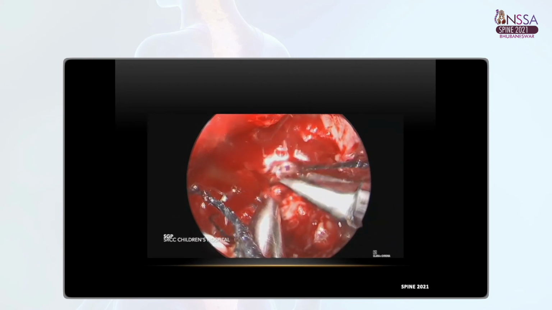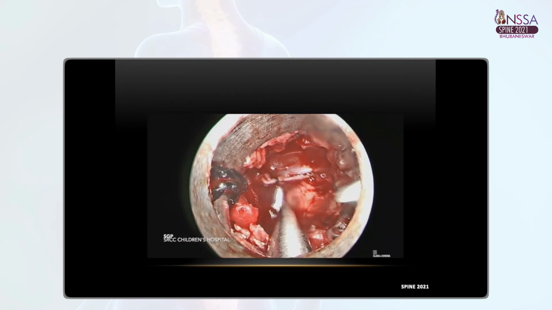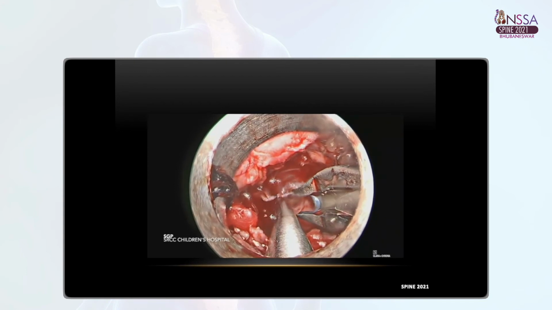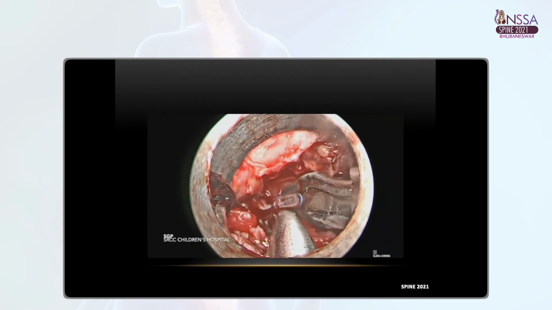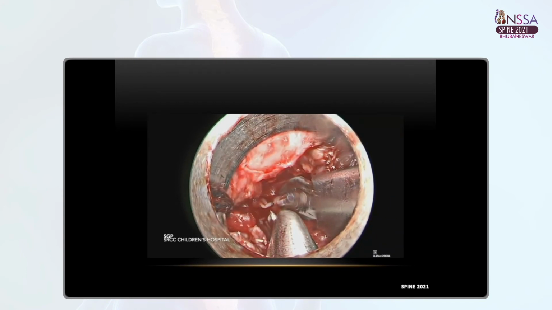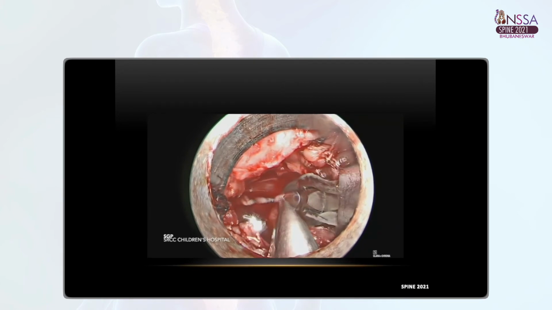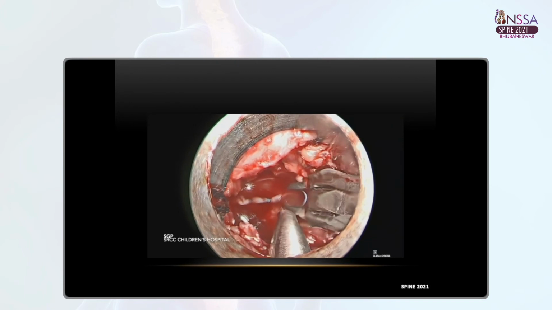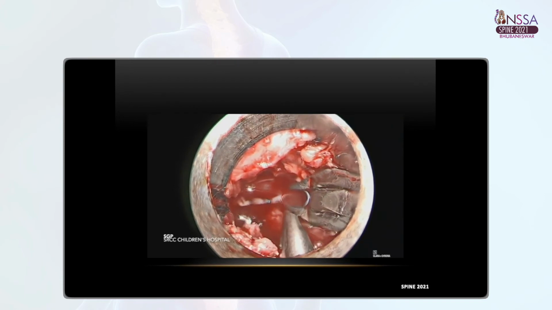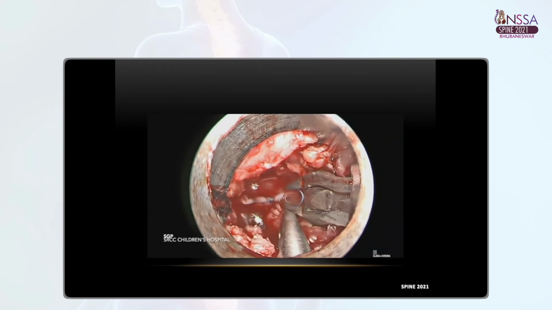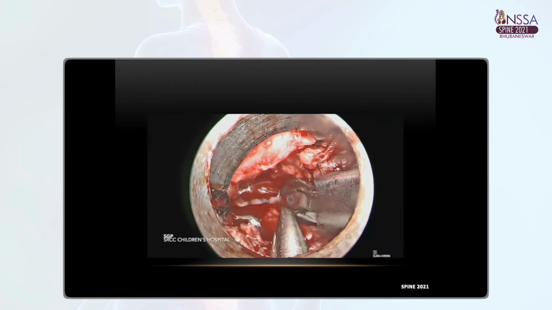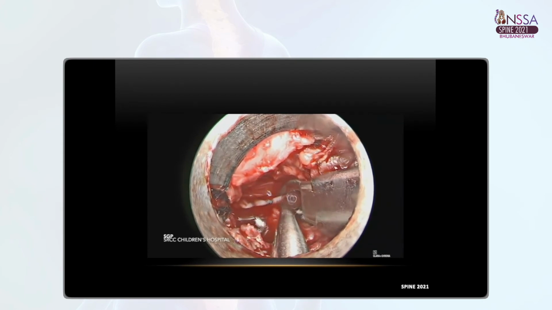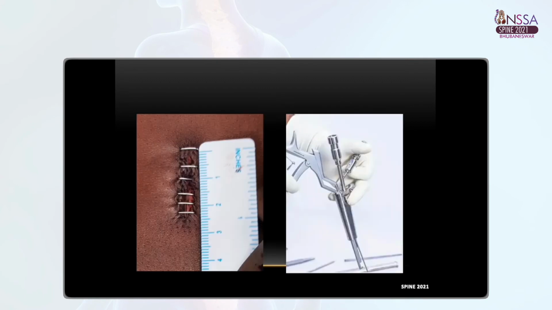You see these instruments, the scissors and the bipolar coagulation, both are taken from our FESS set from our ENT colleagues. I typically find that the FESS system is very much reproducible with the Descendo system specifically. The anastomotic clips are used to close the dura, and this is the end result.